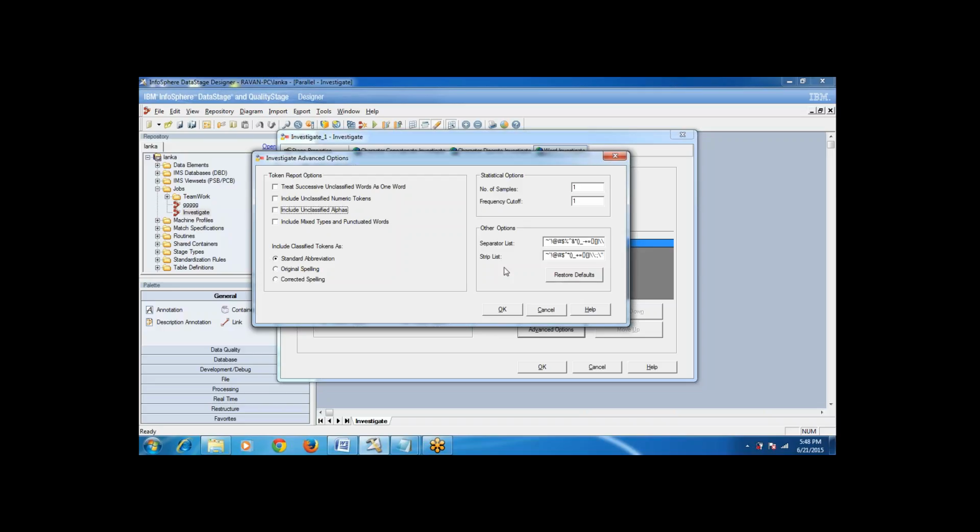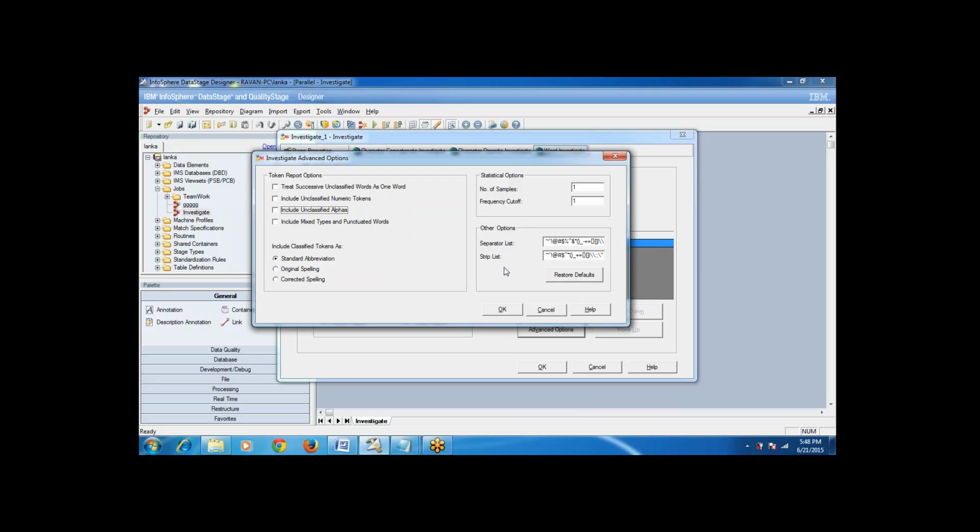Even in the standardization stage, this is the very first step which will get executed in the whole process. First of all, whatever data you are getting, it has to parse your input data. For example, right now we are generating the report on the name. So on what basis is it splitting your name into tokens? A token is something we cannot split further, so we call it a token.